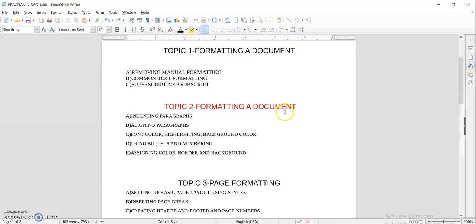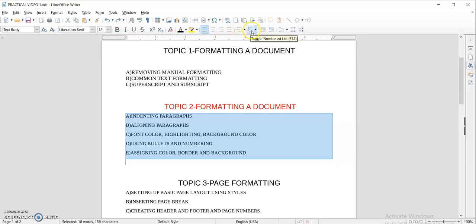The next topic is formatting a document. The first topic is indenting a paragraph. How can we indent the paragraph? First of all, click on the paragraph which you want to indent. The next thing you will do is click over here.